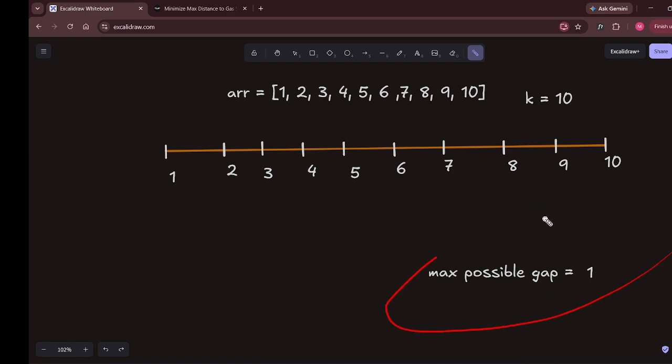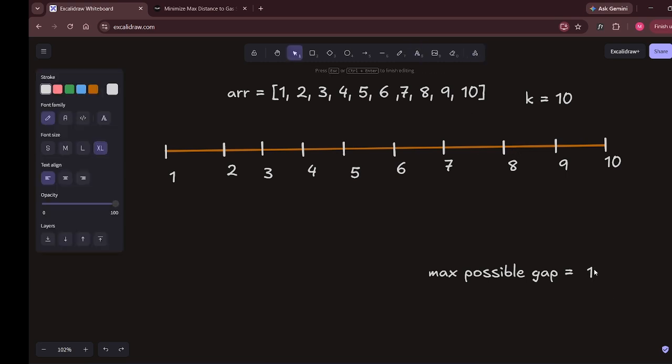Maximum possible gap means if you're considering this as the maximum possible gap, you can any day take a lower value than 1, and the lower value will be able to place all the 10 gas stations here. So this is the maximum capacity which we are taking here, because the question is asking to minimize the maximum distance. So this is going to be a possible answer, but we'll explore the lesser value. So let's go for